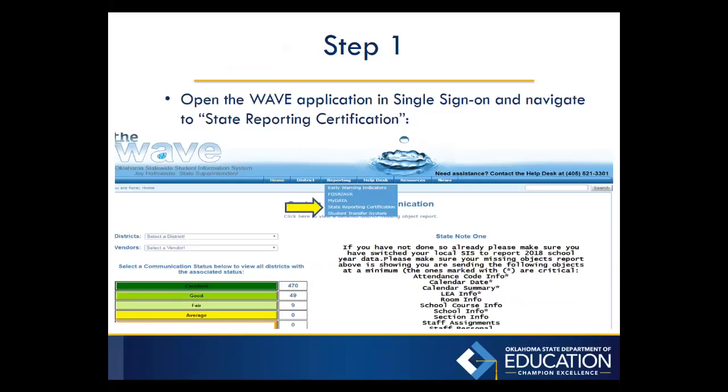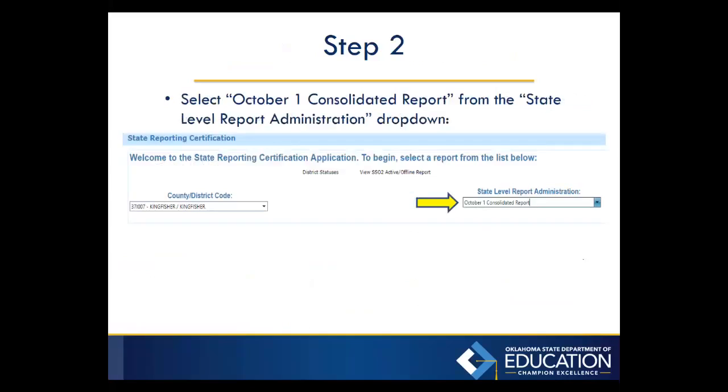Step one is you're going to open the WAVE application in single sign-on and navigate to State Reporting Certification. Once there, you're going to click on State Reporting Certification, and you're going to come up with the screen that has your district, and it has a drop-down on the side. On the drop-down, you're going to choose October 1,